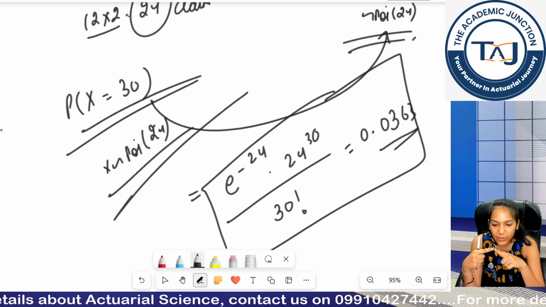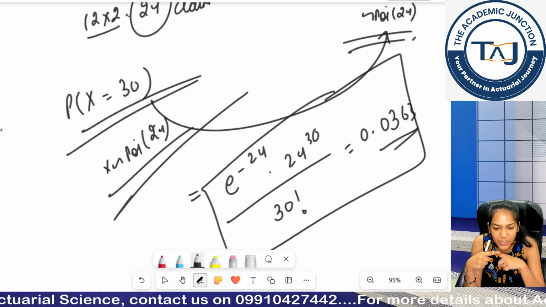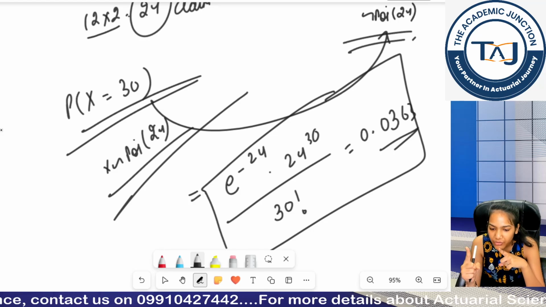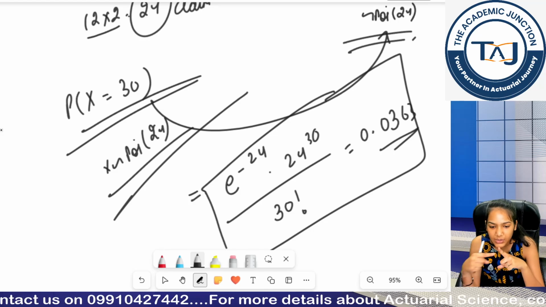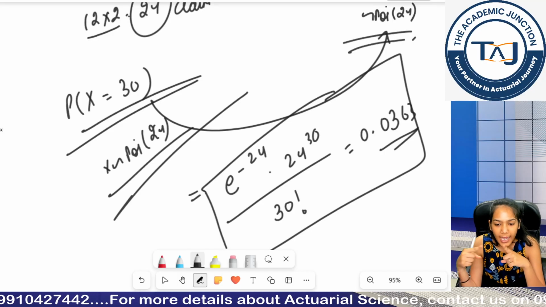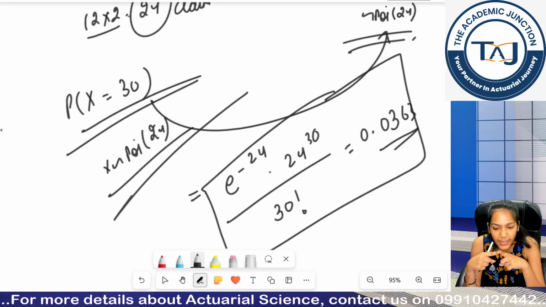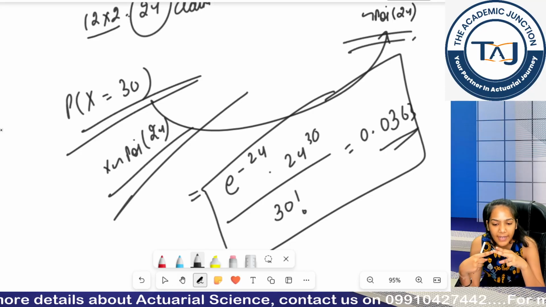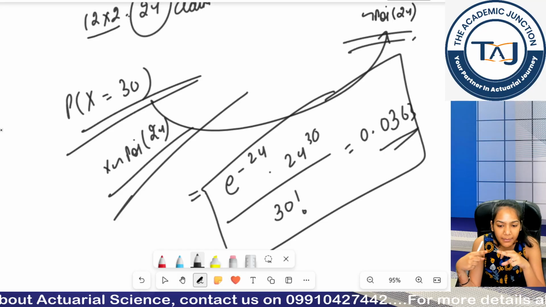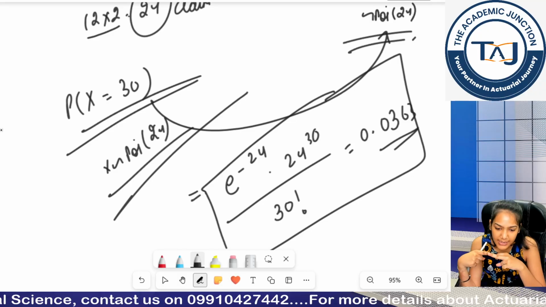Coming back, the next distribution was the Bernoulli distribution. The Bernoulli distribution was a special case of the binomial distribution. In the Bernoulli distribution, I was doing only one trial, and in each trial I can get two events only. Either I can get a success or I can get a failure. I have defined P as the success probability and 1 minus P as the failure probability. And if I generalize this case, I get the binomial distribution, in which I am doing n number of trials and getting x number of successes, with probability P of success.